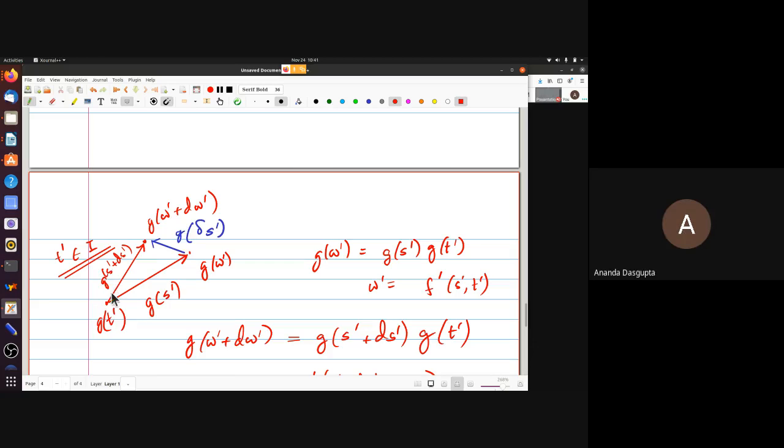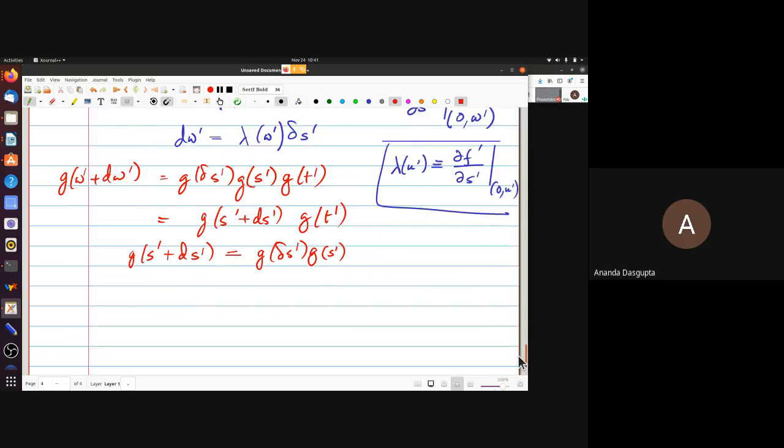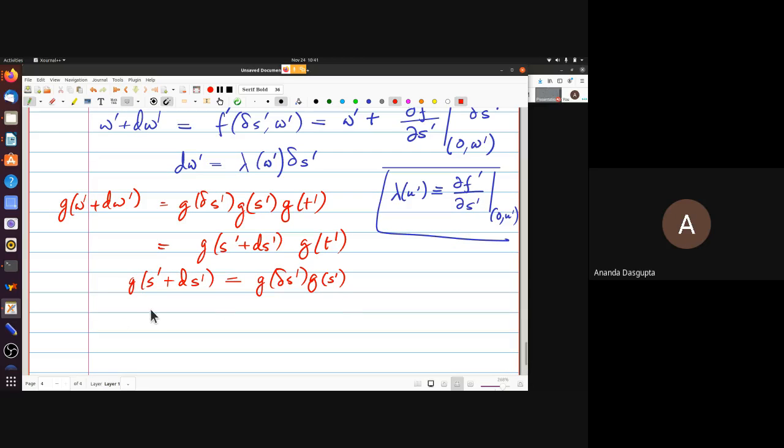Yes. Okay. So we essentially looked at two different ways of getting to a point G of W prime. One is by hitting GT prime on the left by g of S prime plus delta S prime. The other is by hitting with GS prime first, then hitting with g of delta S prime. Okay, so a two-step process. But because of the group structure, this is what immediately came about, and therefore S prime plus delta S prime must be f of delta S prime comma S prime, and this gives us, with a very simple Taylor expansion once again,